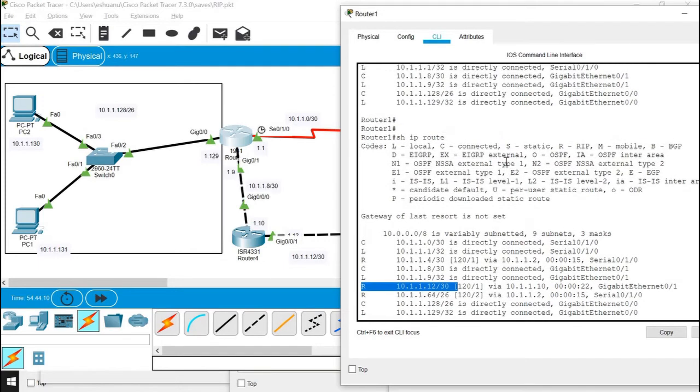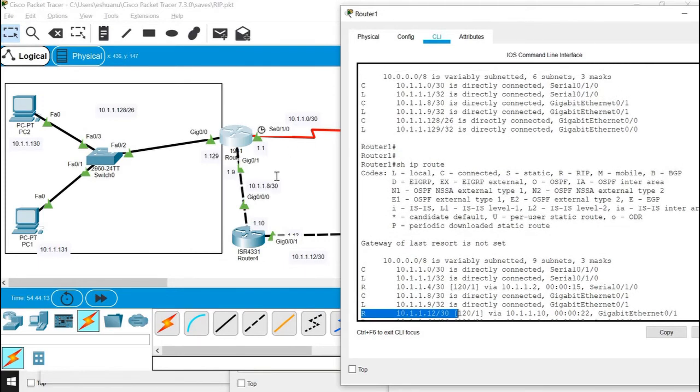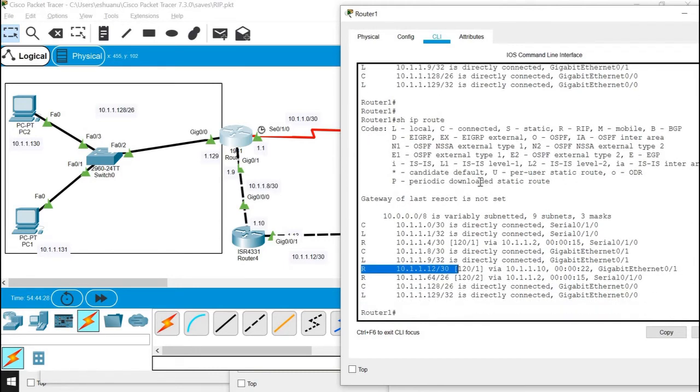So earlier you remember at the top, when I had not run the RIP on the remaining routers, I just ran it on this router one. Remaining all were having no RIP, so there were no RIP updates received from any of the routers. Then we only had the connected and local routes. Once we run the RIP on the neighboring routers, they keep sending the routes of their networks, right? So then we start receiving the routes from the other networks, or how far they are connected. So let's go to configure terminal.